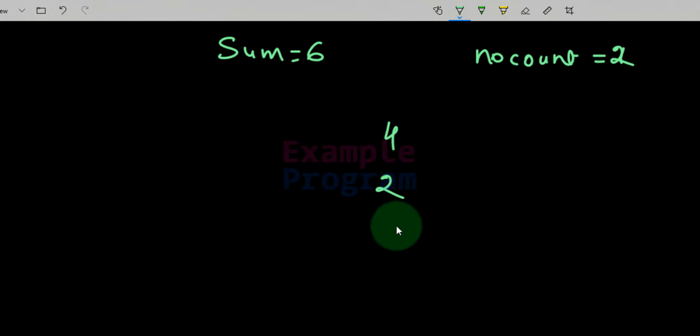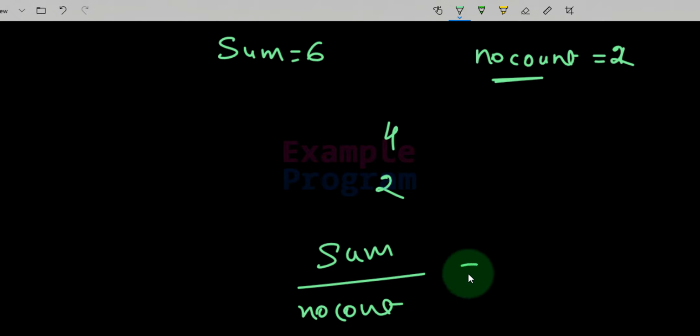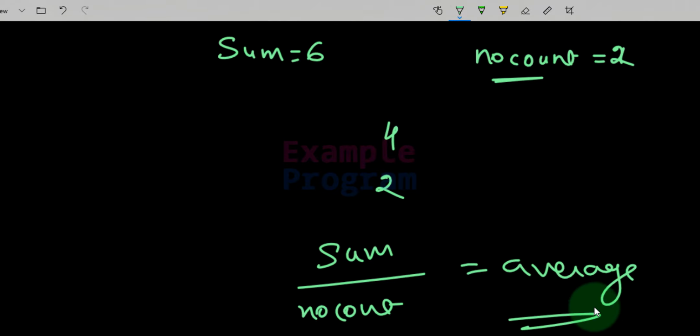Similarly, whenever the user enters a number, we will add that to the sum variable's value and we will increment this num count variable's value. When the user is done entering the numbers, we will display the sum variable's value and also we will find the average. To find the average, we need the sum value and also we need to know how many numbers make up that sum value, and that is present in this num count variable. So we will perform sum divided by num count to calculate the average and we will display that to the screen. Okay. So now let us see how we can construct the program.